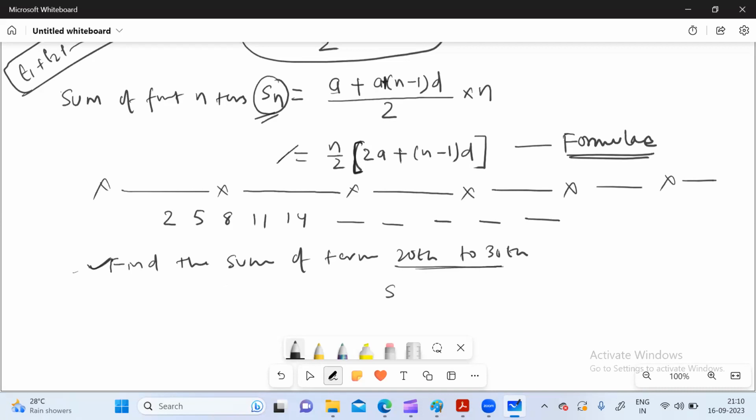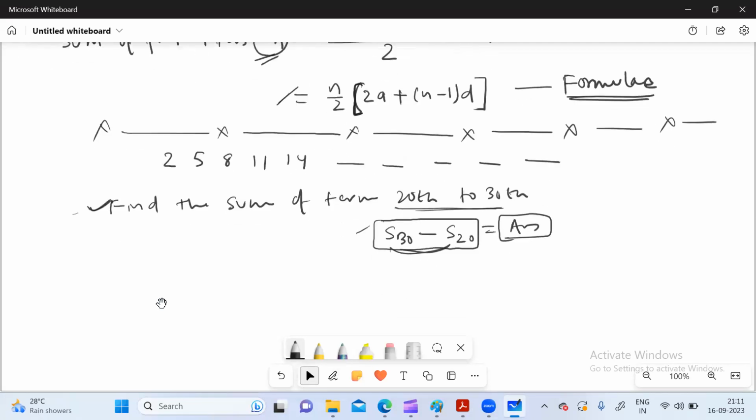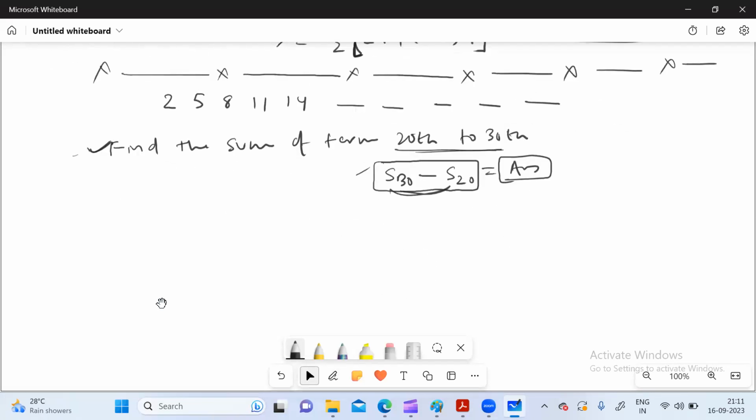all 30 terms, so S30. And then you will also find the sum for all 20 terms, and you'll find S20. And then you will subtract the two to get the required answer. This is how you could have done it if you do not use your mind or brain here. If you are using your mind, you can easily check that from 20th to 30th,